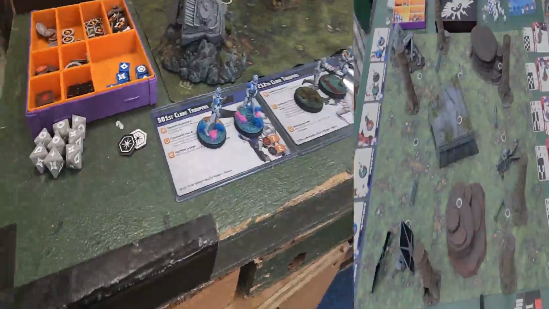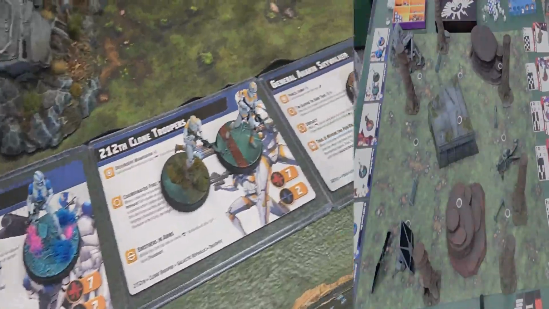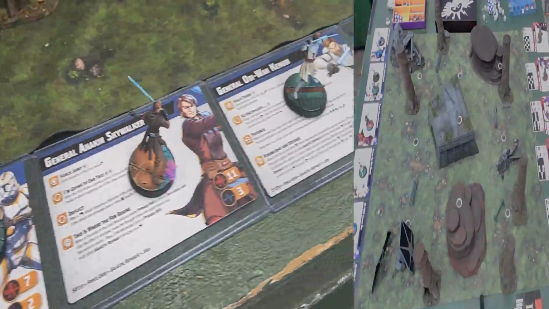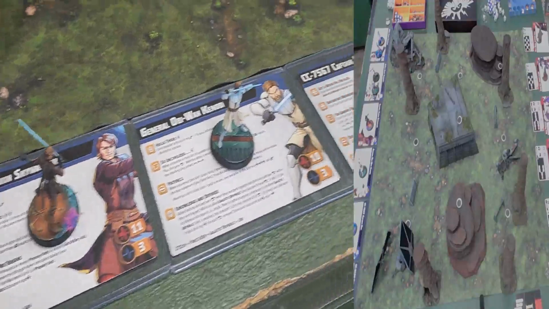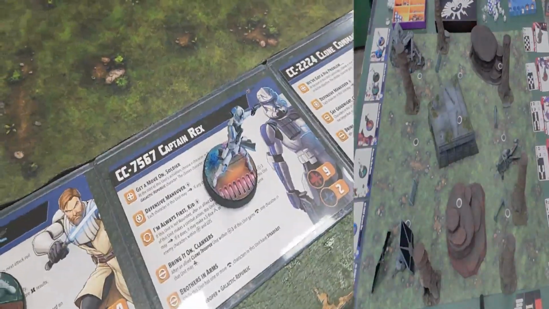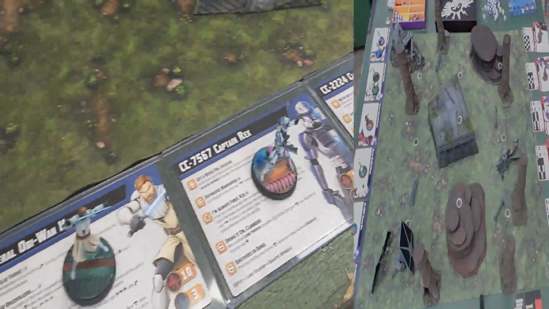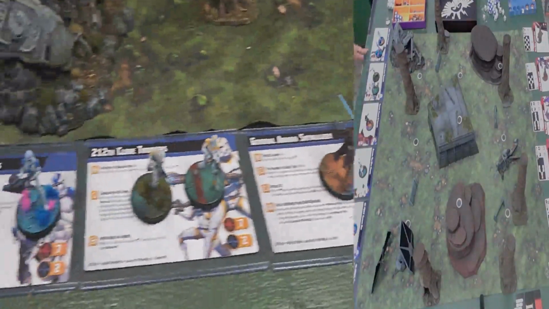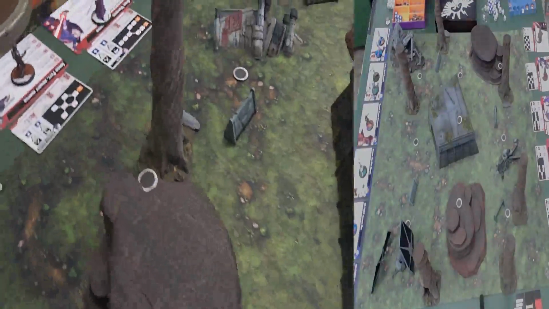So what do we got over here? Yeah, so we've got some 501st Clone Troopers. We got the 212th as well. And then the 2 leaders, we'll have General Skywalker and Obi-Wan. And then the 2 clone leaders, I believe they're support, right? Yes. Captain Rex and Cody. Oh, sorry, they would be secondary. Sorry, so primary, secondary, and when you're 2 models, currently that means you're support. Understood. We might see other ones more later, but...